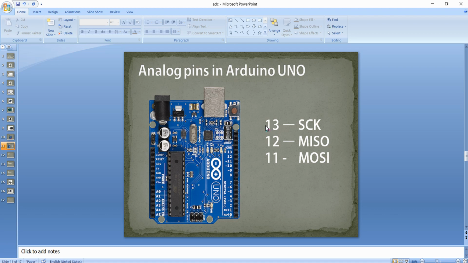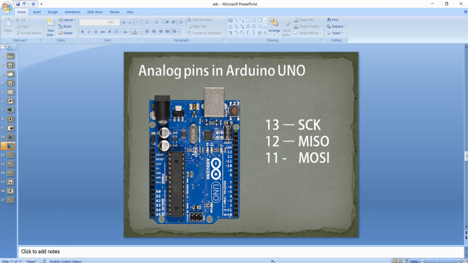Pin number 13, that is digital pin 13, is the S clock, and pin number 12 is the master in slave out, which is the input pin of the SPI communication, and pin number 11 is the master out slave in, that is the MOSI pin, which acts as the output pin for the SPI communication.